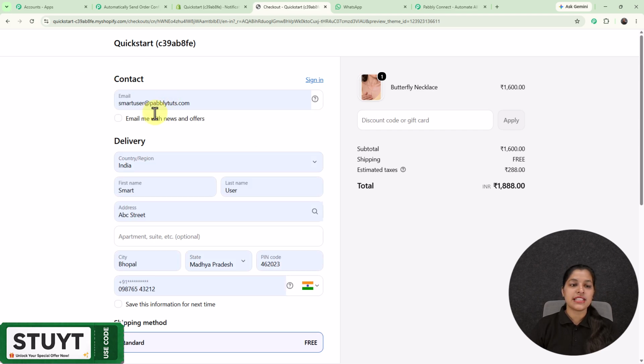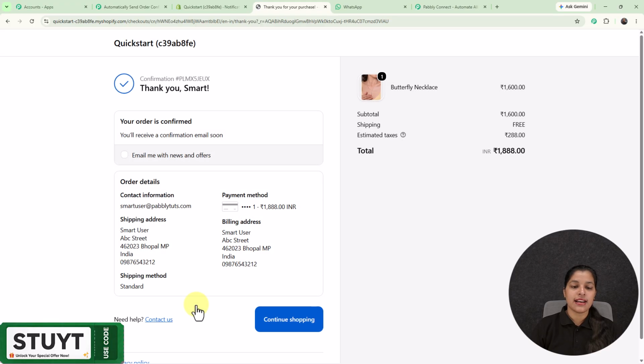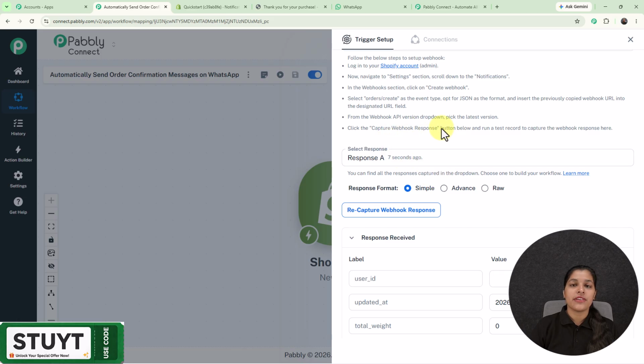So right here I have filled this checkout page, providing the email, first name, last name, and I have provided all the payment details. Now let's click this pay now button, and here you can see that my payment has been successful. Now let's move on towards Pabbly Connect to check whether we are receiving this order detail over there or not. So right here I'm on my Pabbly Connect, where you can see 7 seconds ago we have received this